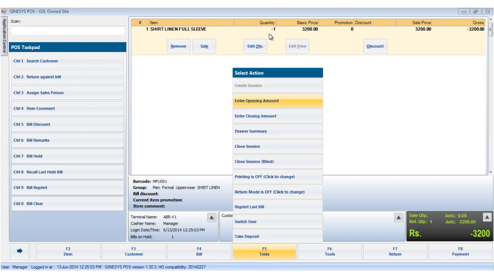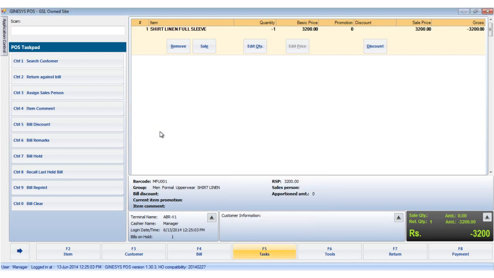The same thing can be done by clicking on Task and turning on the return mode. Remember, any barcode inserted after the return mode is turned on is automatically marked for return. Please notice that when the return mode is on, the sale or return toggle button is automatically disabled in the item display area. The next step would be adjusting the amount, which we would see later on.